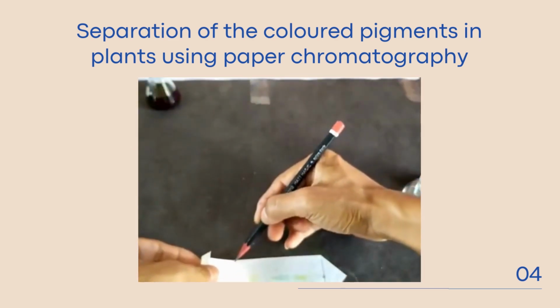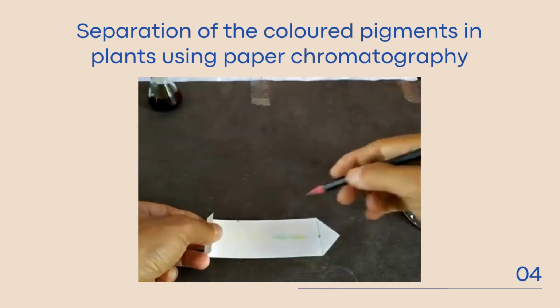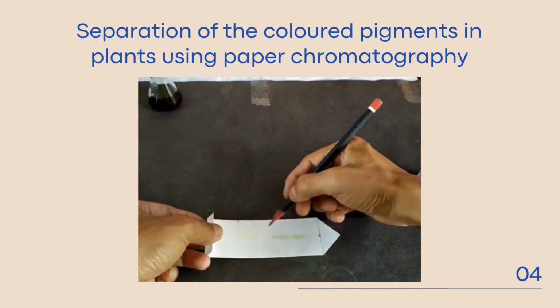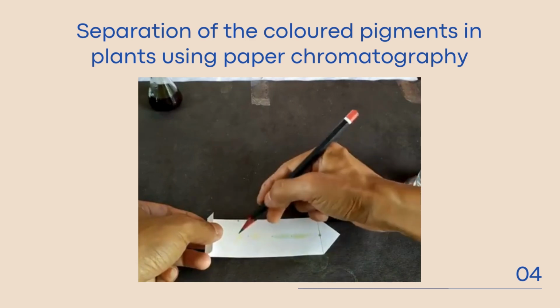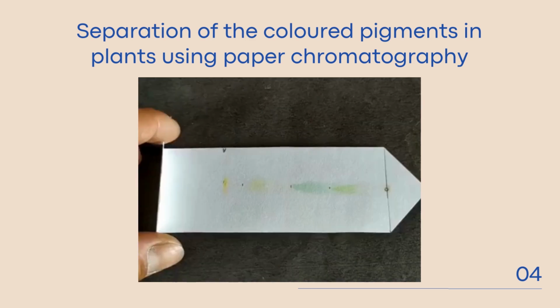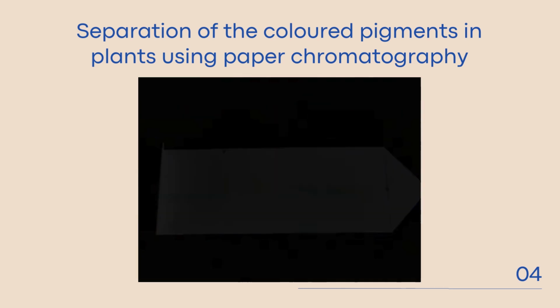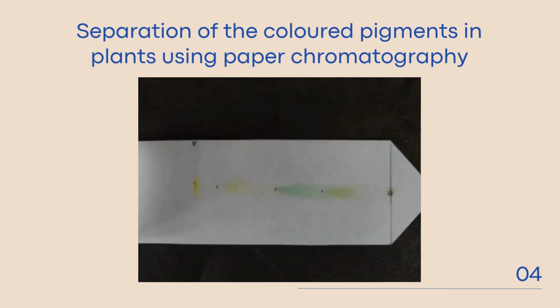Immediately mark the solvent front with a pencil and allow the paper to air dry. Mark the farthest distance traveled by each pigment on the paper. This is called the chromatogram. The green leaves used in this experiment were found to have 4 different pigments, namely chlorophyll B, chlorophyll A, xanthophyll,